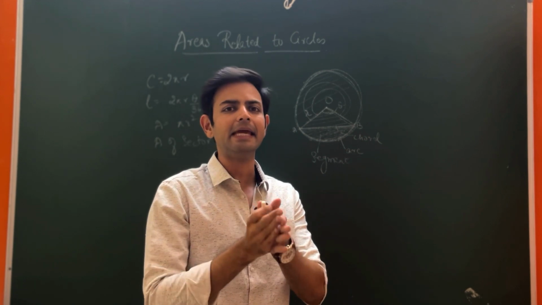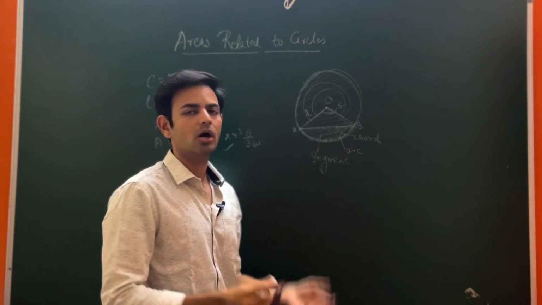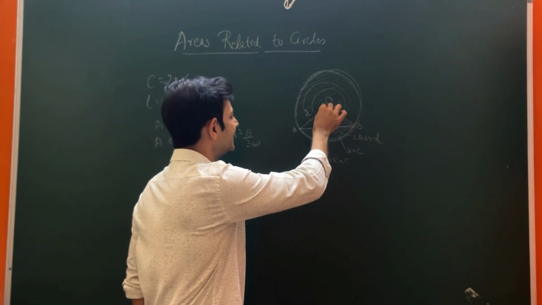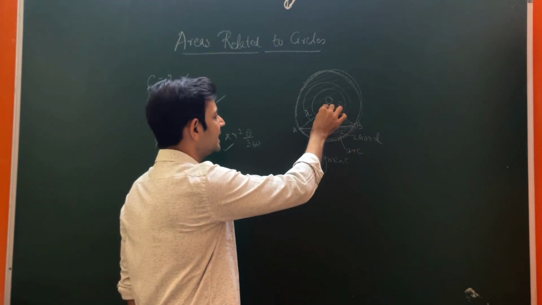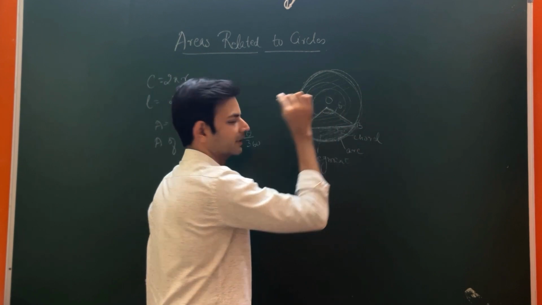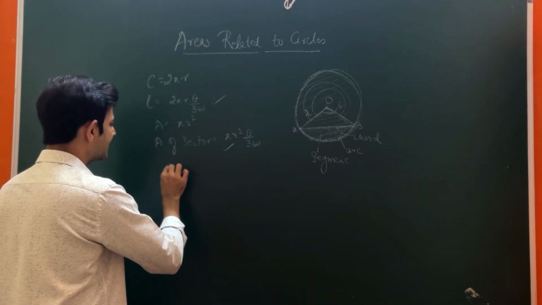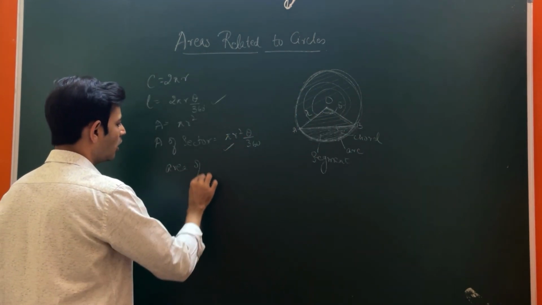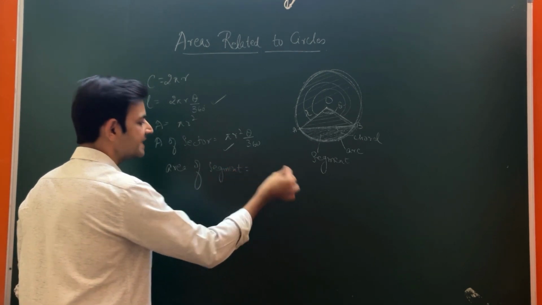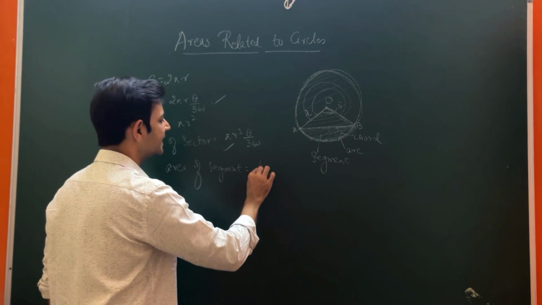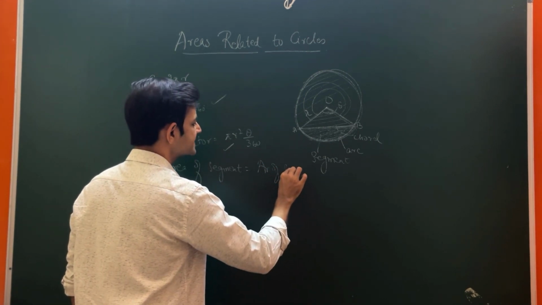Now to find the area of the segment, you have to find the area of the sector and subtract the area of the triangle from it. So area of segment is equal to area of sector